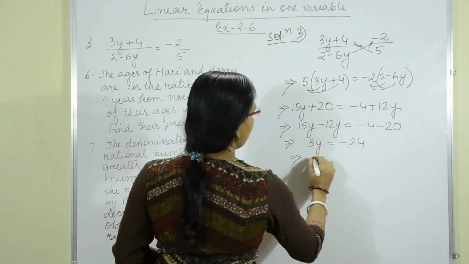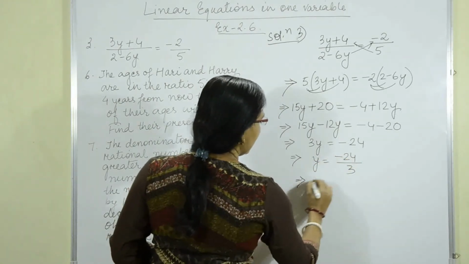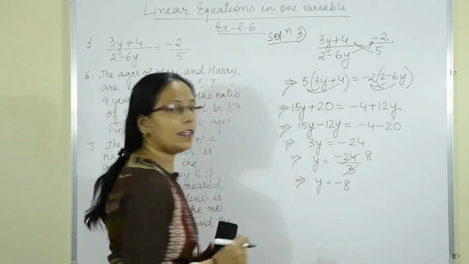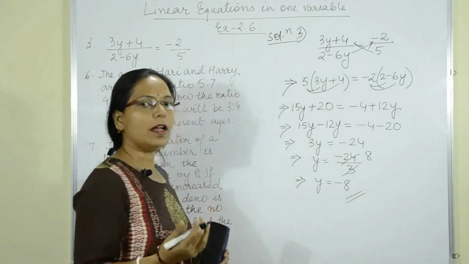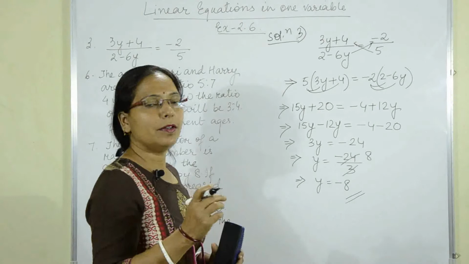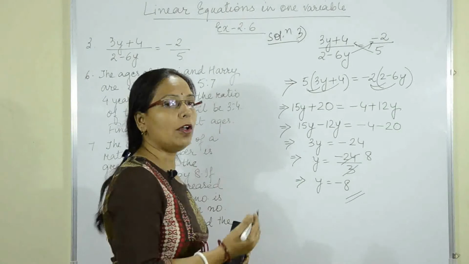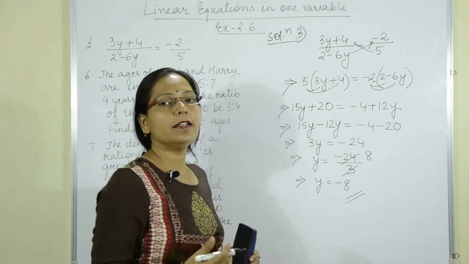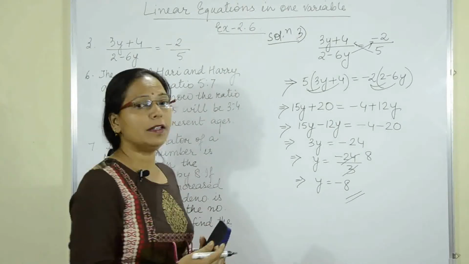So, what do we get? y = -24/3, and that is nothing but y = -8, because when we cancel, 3 eights are 24, right? So, this is how we solve and we get the values of the unknown, be it x, y, whatever. Now, what is the simple step? When we have to solve equations that are in rational number form, all we need is to just cross multiply. We need to just cross multiply to get the exact steps for the solution. So, this was number 3.